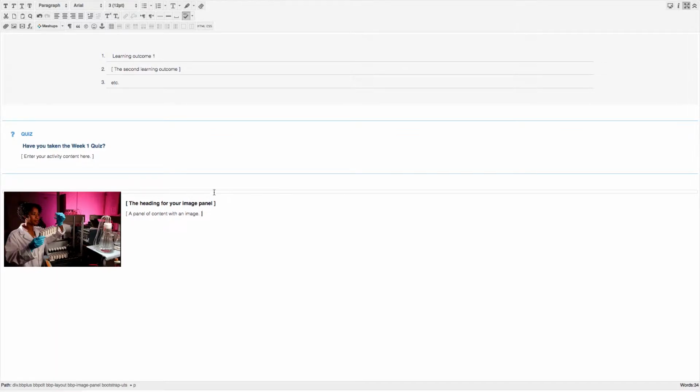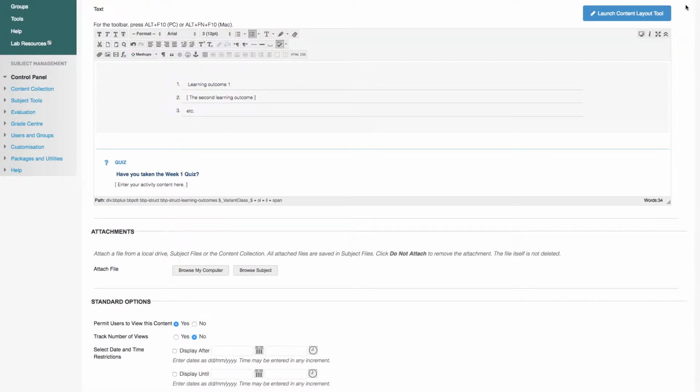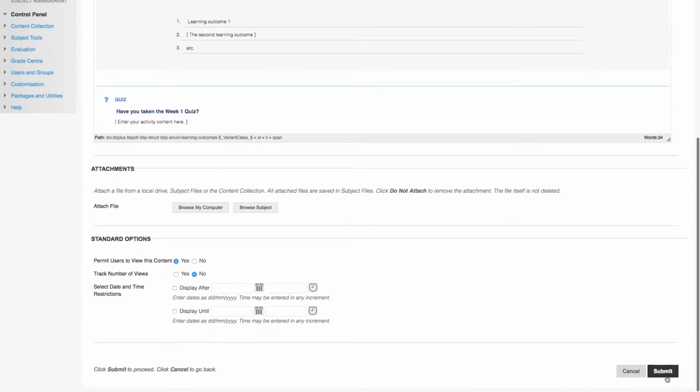Then you can type in a heading and additional information in the spaces provided, and just remember to leave those brackets in until you've finished editing the text, and then press Delete or Backspace to remove them. Also, don't forget not to press Enter when typing text. So when I've finished, I'll click Submit to proceed,